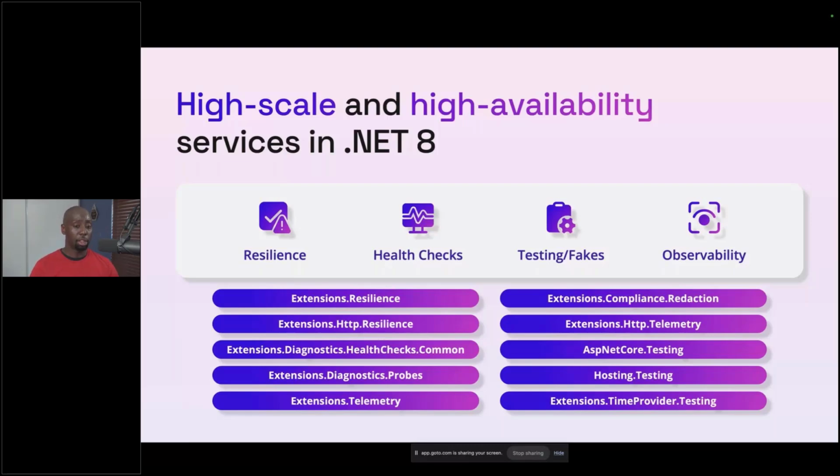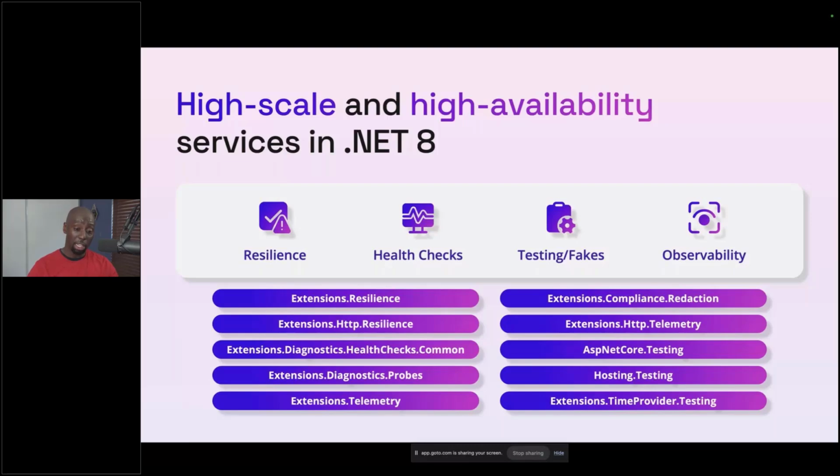As an example here, there's a lot of new packages around resilience, particularly HTTP resilience. And this particularly has to do with some of the work they did with the Polly team to make it a lot more memory efficient, a lot more performant when it comes to building some of those HTTP pipelines out. I don't know if folks have ever used Polly or heard about Polly, but if you have, go ahead and let me know in the chat. Maybe we can talk about that for a second. Again, additional support for adding telemetry and testing and also doing some of that log redaction as well, right? Tons of great stuff.